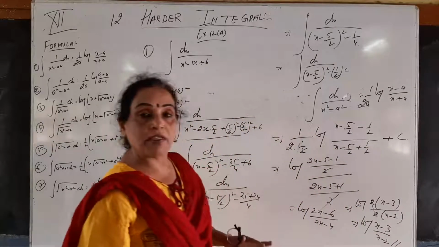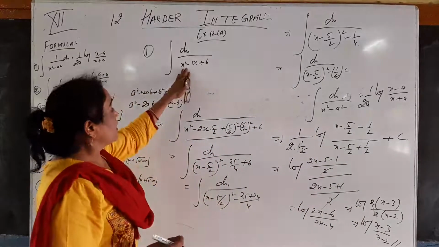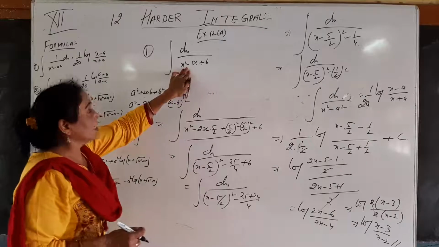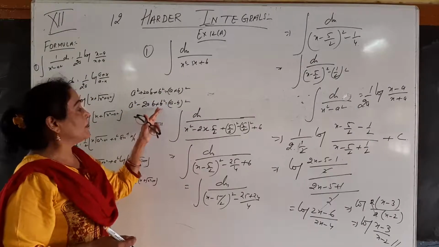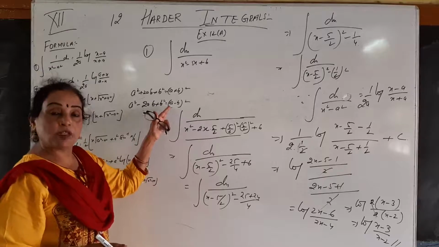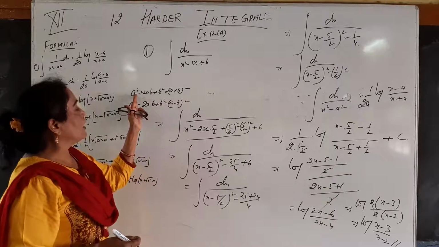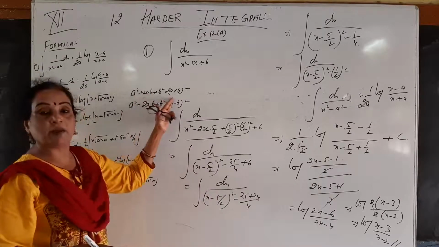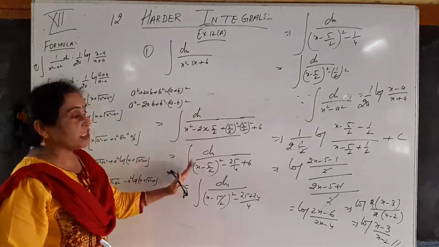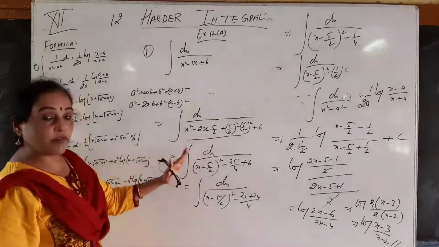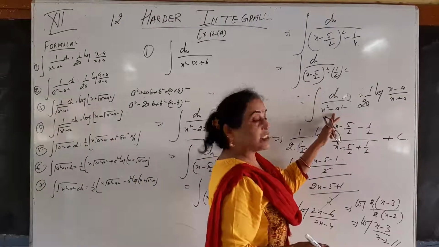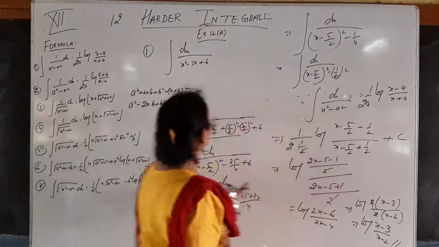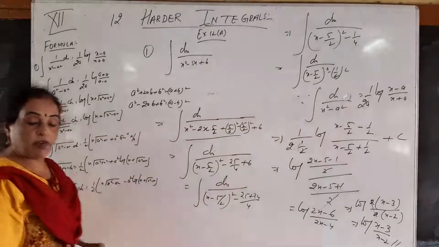Here see where it will become very simple. So whenever this question is given, you see the sign. If it is minus, then you will use a square minus 2ab plus b square, that is (a minus b) whole square. If plus is given, it will be a square plus 2ab plus b square, that is (a plus b) whole square. And reduce in this form. Then after reducing, you will get dx upon x square minus a square, and directly we will use the formula given to you. We will do another question.